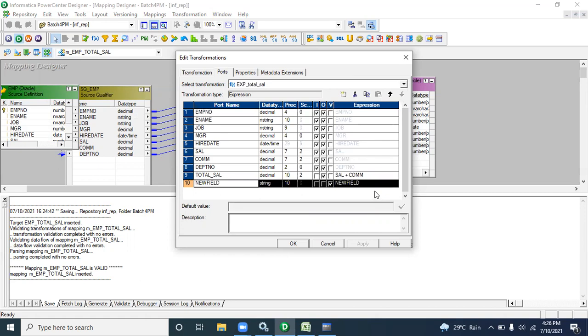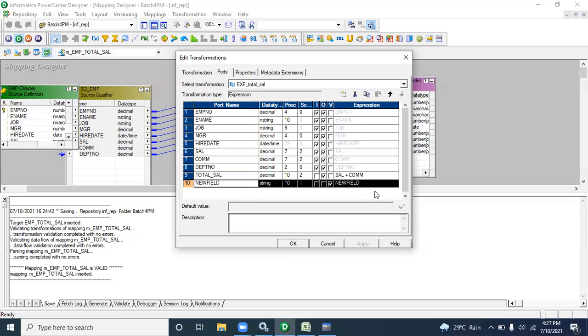You cannot drag a variable port to the next or previous transformation. In Oracle, Java, or any other technology, it is like a variable you declare at runtime and assign to the next output port. So the variable port works like this.